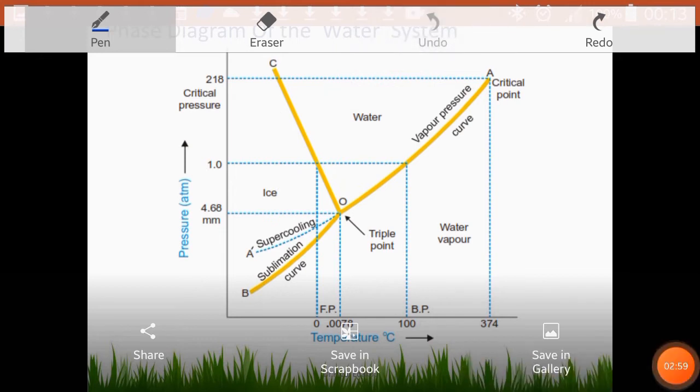If you take the hydrides of group 16 elements, oxygen, sulfur, selenium, tellurium, as you move down, the melting point is supposed to decrease,